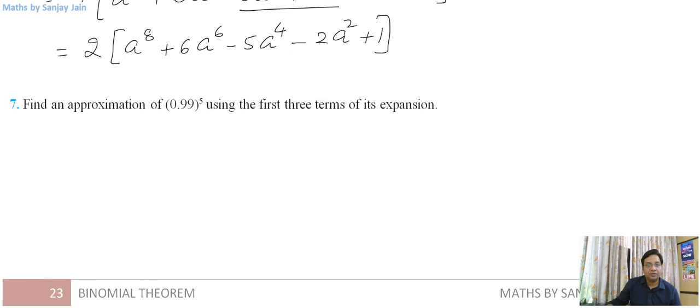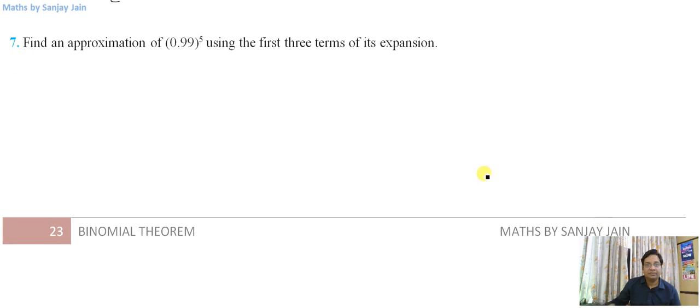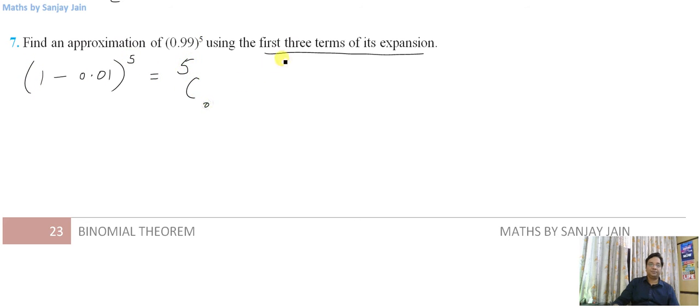Find an approximation of 0.99 raised to power 5, using the first 3 terms of this expansion. So I can write this as (1 − 0.01)^5. First 3 terms can be written like this: 5C0 times 1, right? So the first term will be 5C0, the second term will be 5C1, and here I'll have a negative term, (0.01) raised to power 1. This will be the second term, and the third term will be